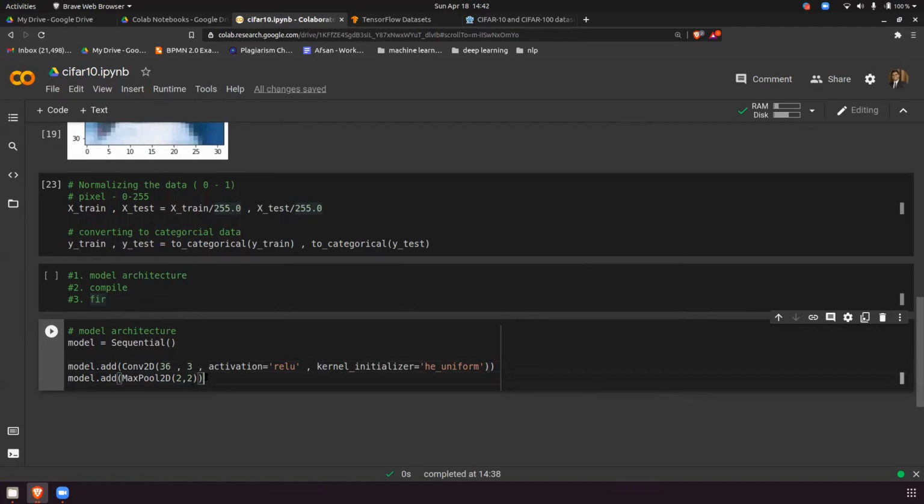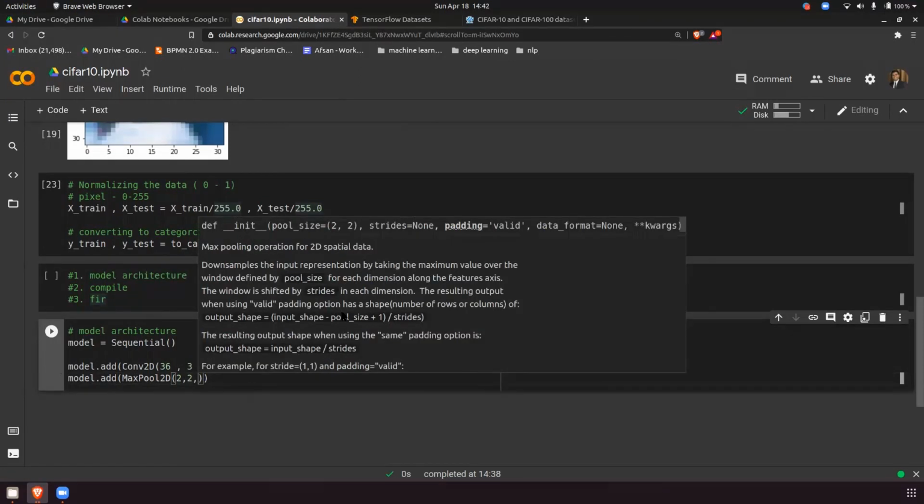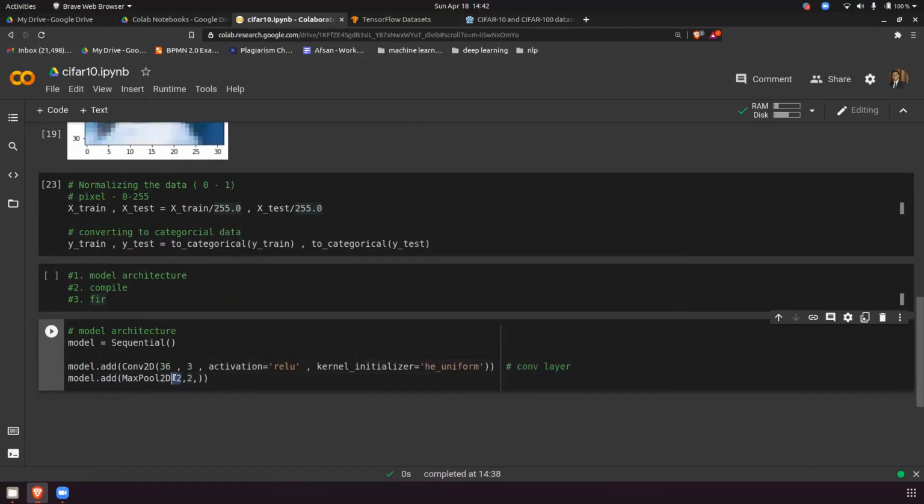Okay, so this is model.add. This is one convolution layer, one conv layer. For pooling, what parameter did you pass? If I put a comma, the parameter is pool size, which I have given as 2, that is the default. The second parameter I have given is the stride, which I told you should always be 2. So I am passing 2 here.